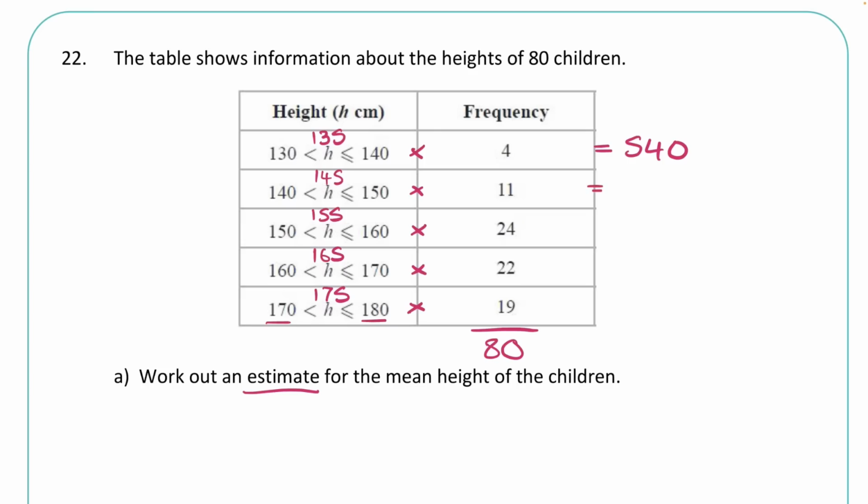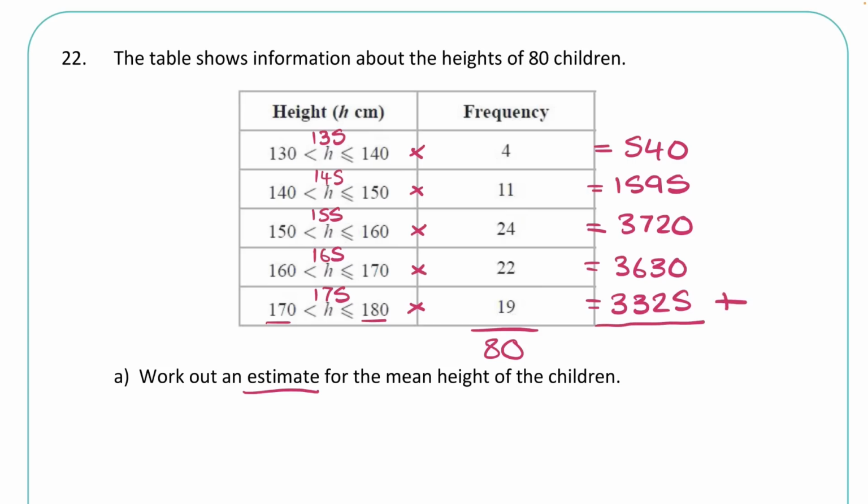We have 145 times 11, which is 1,595. 155 times 24, which is 3,720. 165 times 22, which is 3,630. And the final one here, 175 times 19. And that adds up to 3,325. So for the total heights, or the total estimated height of all of these children, we need to add